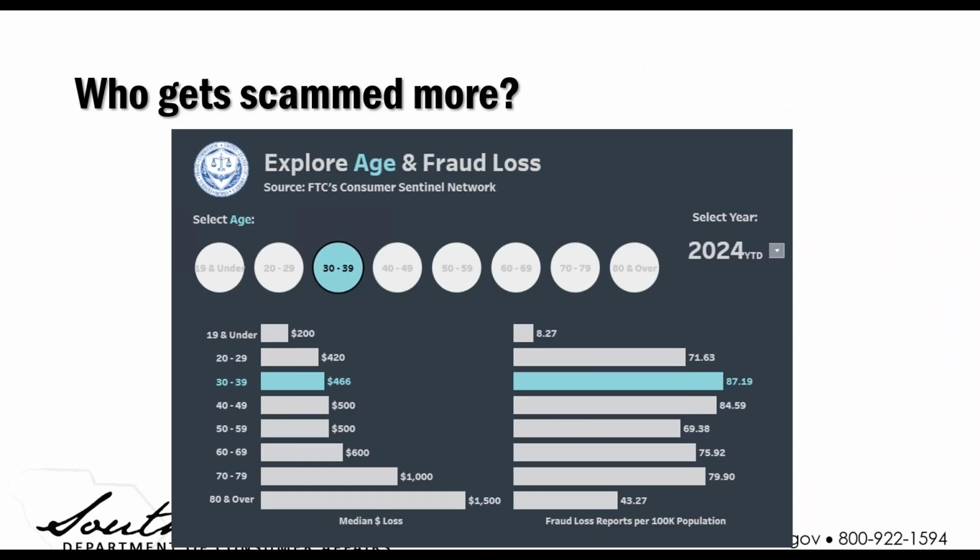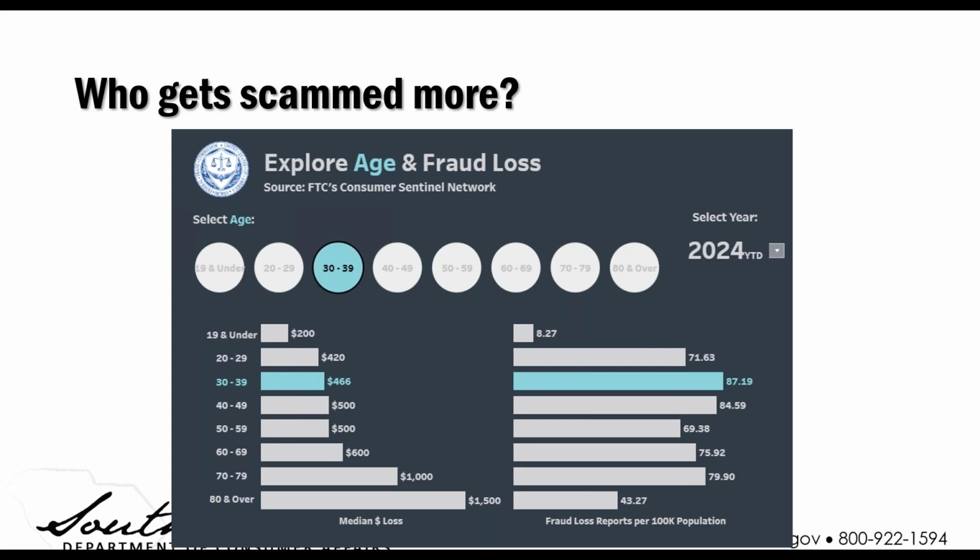And I like this graphic. I think I used it a few weeks back on something else, but the Federal Trade Commission put out some information a little while back, and I think this goes up until June of this year. They take a look at the age ranges of people who are victims of scam and fraud loss, and the dollar amounts that they lose. A lot of times I hear people say it's all older people who are getting scammed, and that's not true. It's a big range of us.